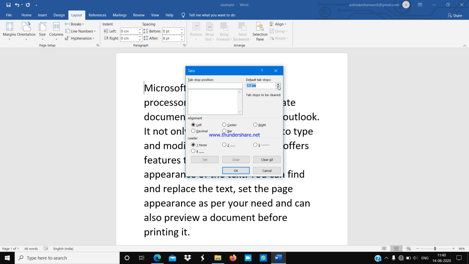So I am writing here 1.25 inches. I am moving it manually to 1.25 inches. Then set the alignment as left, or whatever you want to set. Now click on OK.